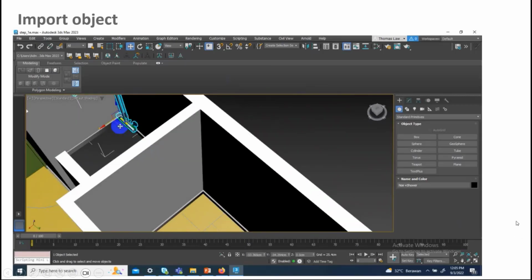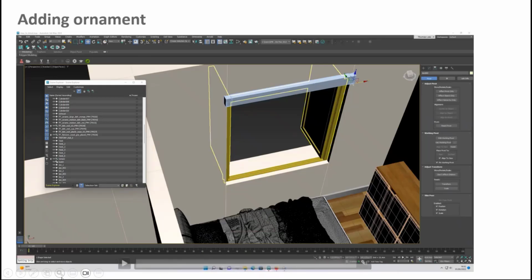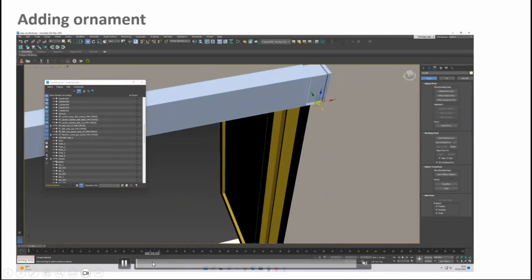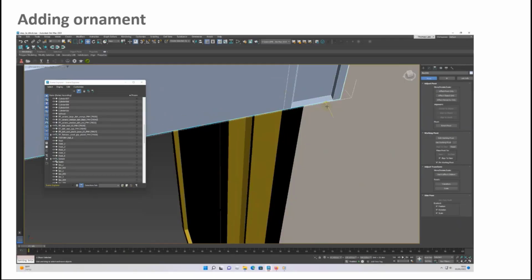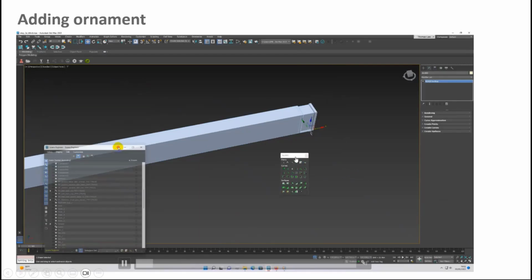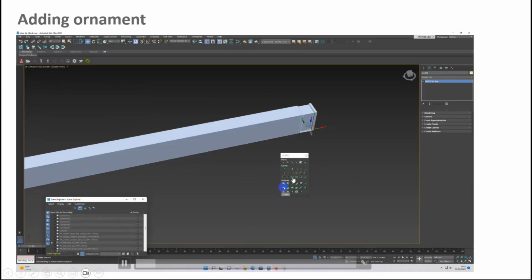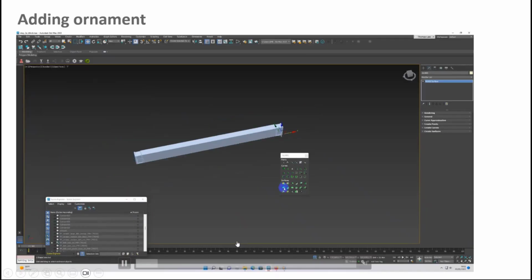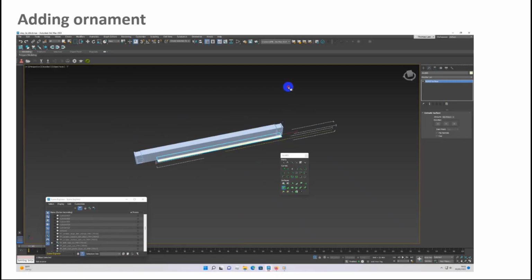Okay, we move on to another because we have time. This is adding material. Let's say I want a Windows blind for my Windows. When you do the modeling in 3ds Max, there are many ways. Let's say I want to create the model of the Windows blind by using NURBS. The NURBS model. I don't want to create from scratch, so I think the best way is using NURBS modeling.